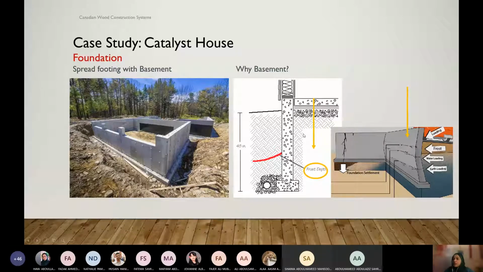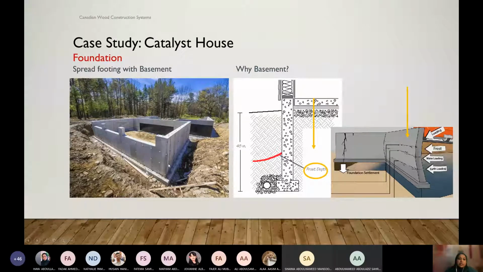That's why most houses in cold areas have a basement. That is one of the reasons we have a basement, because we have to dig that much. We call that the frost line, and we always have to start our foundation below the frost line.